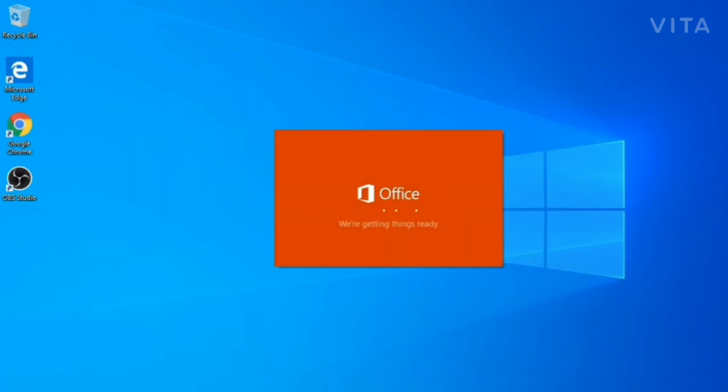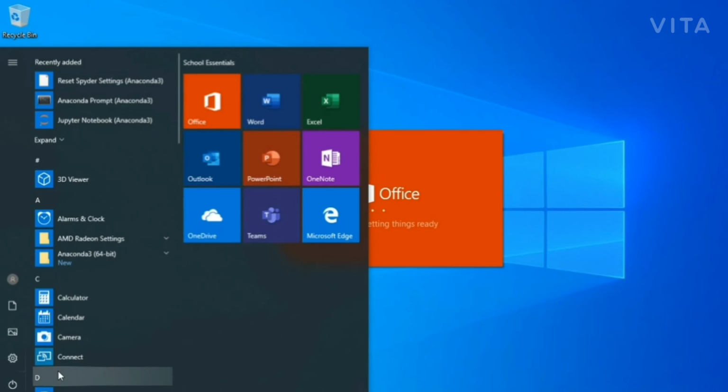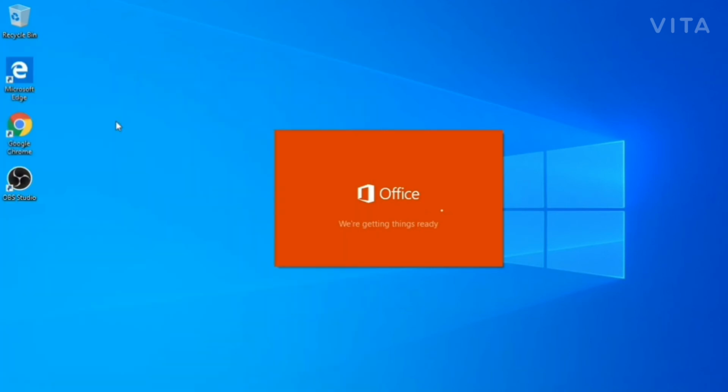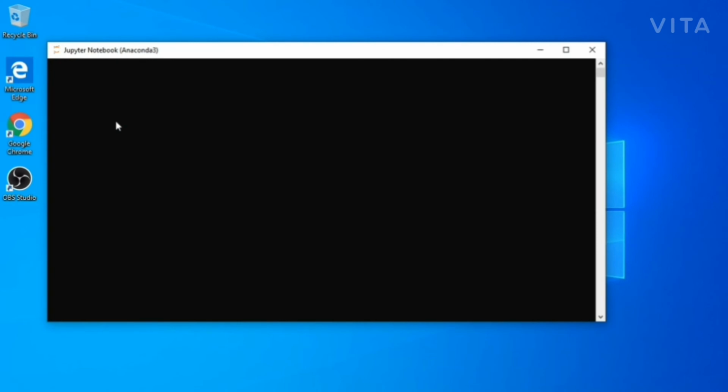It will take some time to open this. Once the Jupyter Notebook opens, you will see the environment of your Jupyter Notebook. There I'm going to show you how you can use that Jupyter Notebook. So first, let it open. It will take some time in my case because my system is kind of slow. If you have a very good system with good configuration, then it is going to take less time to open, in a second or minutes. So just wait for the Jupyter Notebook.